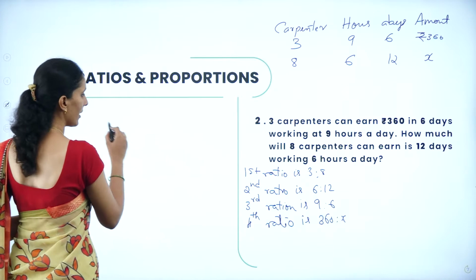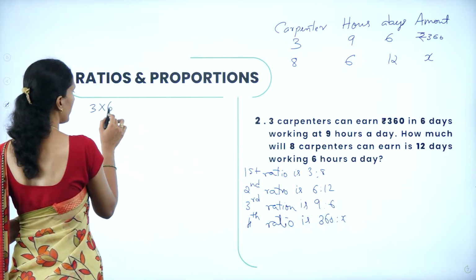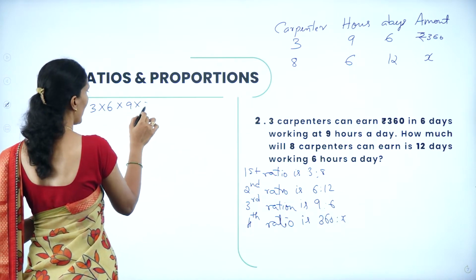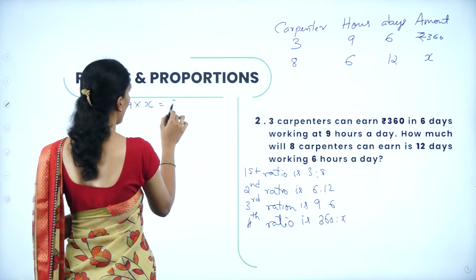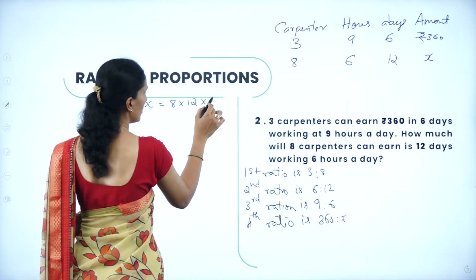So I'll get the ratio as 3 into 6 into 9 into x and 8 into 12 into 6